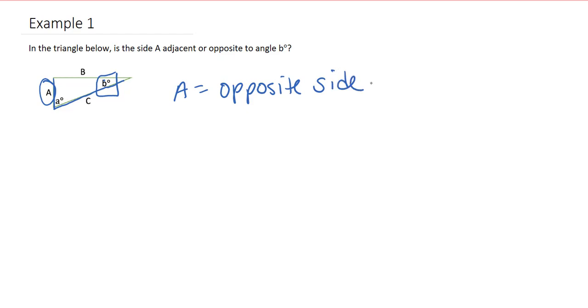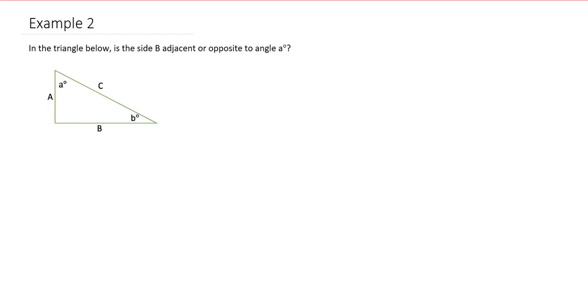Now let's look at another example. Example 2: in the triangle below, is the side B adjacent or opposite to angle A? Well, we're looking at angle A, and we're looking at side B. What do we notice? Side B is opposite. This is opposite because it's not right next to it, because it's not touching it. So B is also opposite to angle